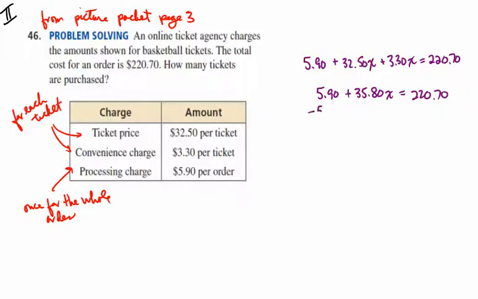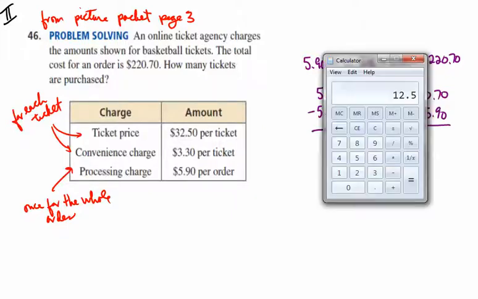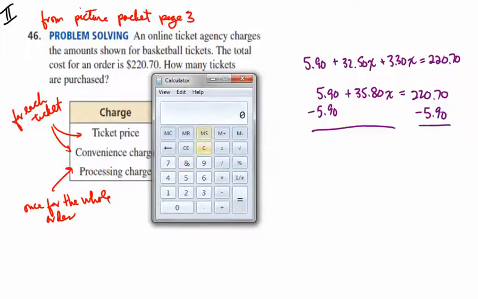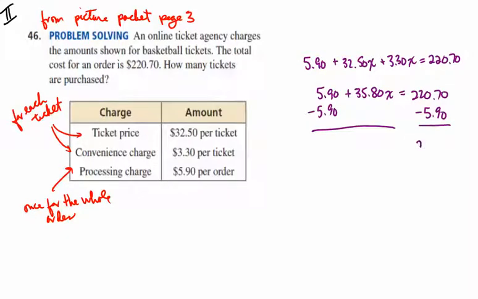If we subtract $5.90 from each side, we now end up with $220.70 minus $5.90 is equal to $214.80. So we'll have $214.80 is equal to